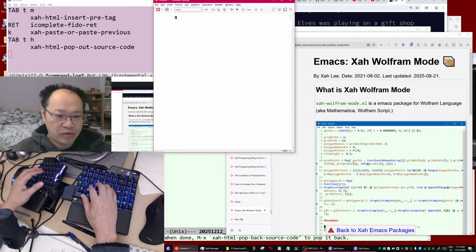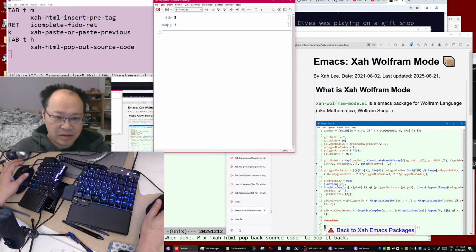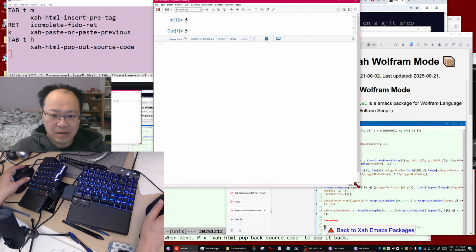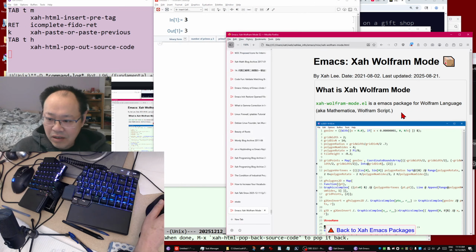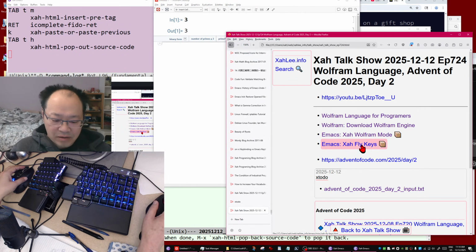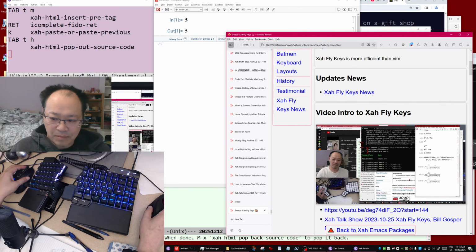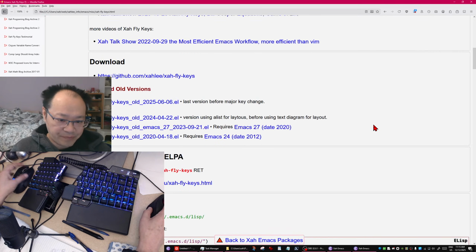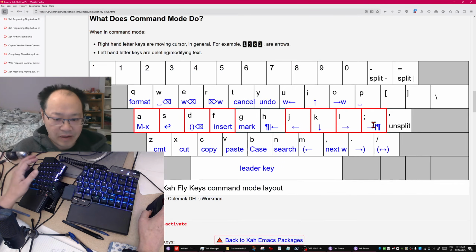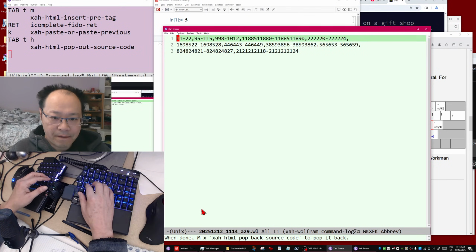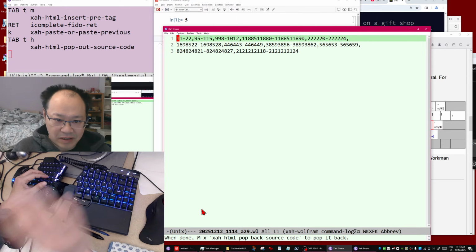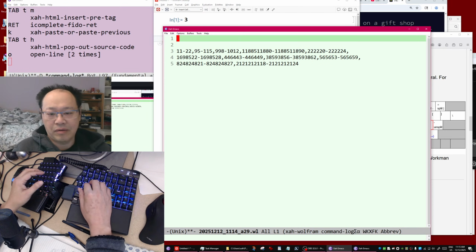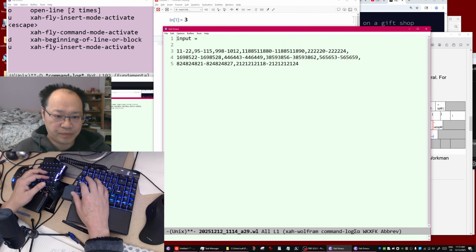Now Wolfram language, Shift Enter to start the kernel and magnify. So this is our worksheet. And I'm using Sapphire keys in Emacs, the most efficient key binding system in the universe, more efficient than Vim or NeoVim, but for Emacs. There are hundreds of videos where I talked about these topics. So anyway, Wolfram language begin. Okay, so here is the input. So let's just say input equals to